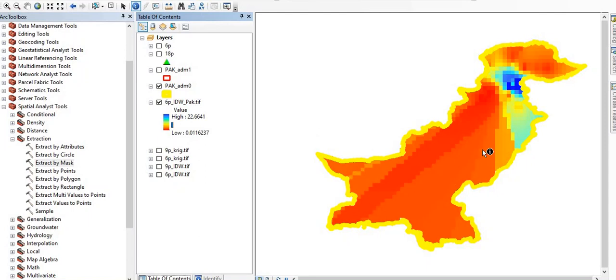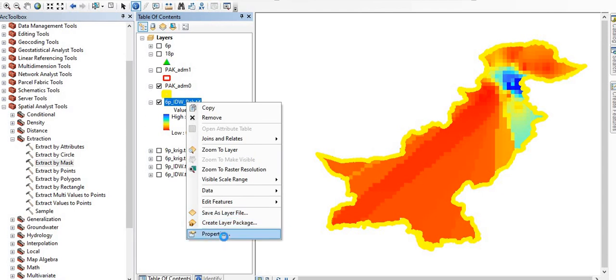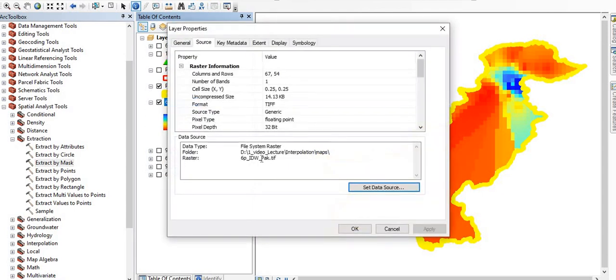Now you can see this is the map. We can print this map, and we can also classify this map and much more. You can print this one, we can create its basic mapping, but we have to create its classification. There may or may not be a need for classification. Like we see, right click and Properties, and you can classify the data.